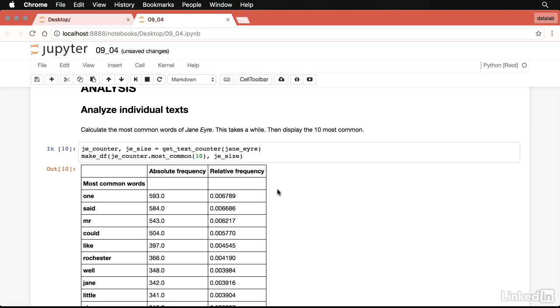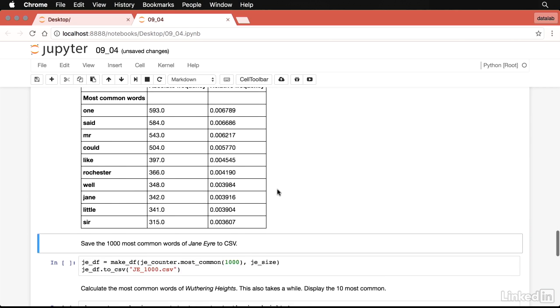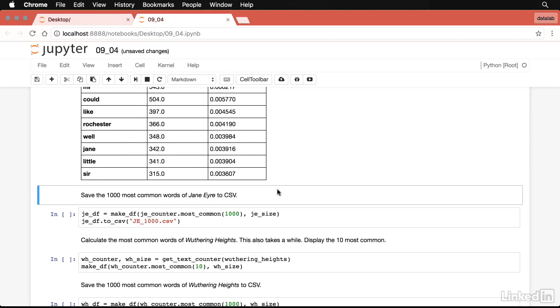In terms of absolute frequency, the word one appears 593 times, said 584, Mr., and so on and so forth. And then the relative frequency converts those into proportions, which allows us to compare them against the frequencies in Wuthering Heights, which is a different length. Now, if you want a larger set of data, we can actually save the 1,000 most common words to a